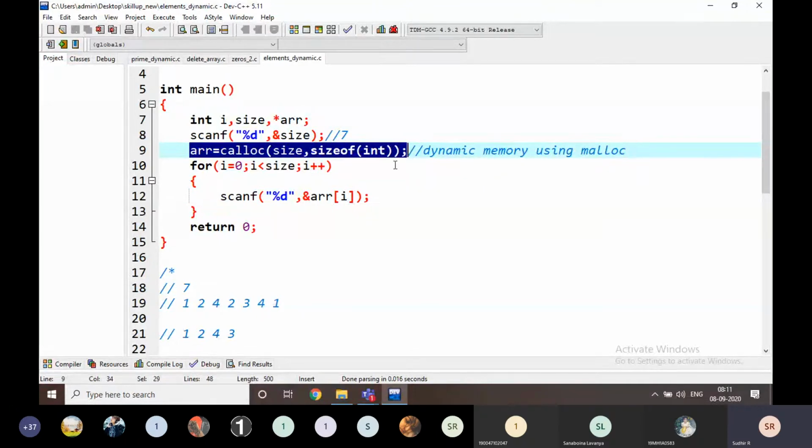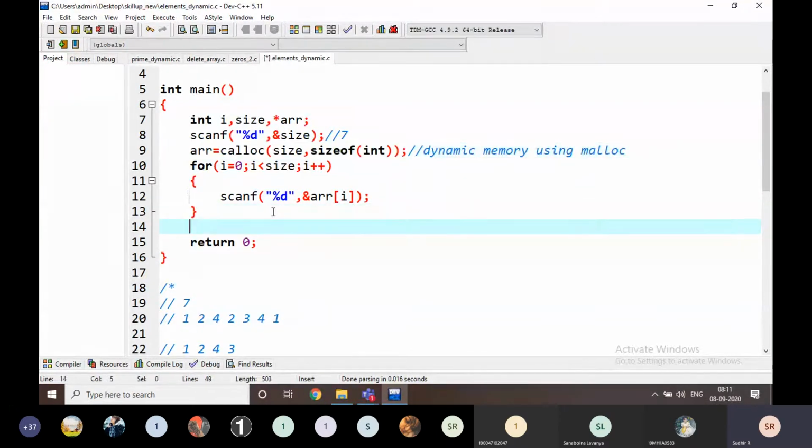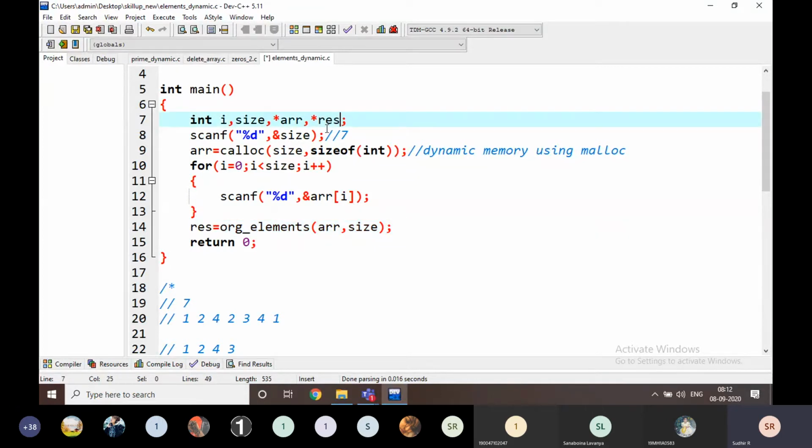There is no problem. Okay, then now I am going to call the function org elements, original elements of arr comma size, and the return values are going to be stored in res. That means I am going to take res also.